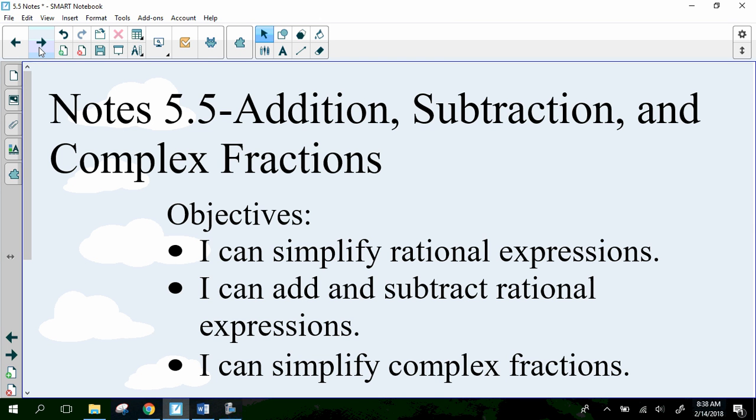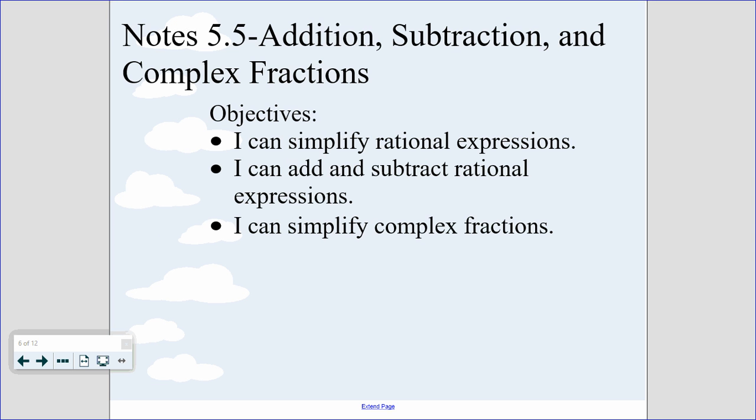Okay. Today we are going to be adding and subtracting fractions, and we're also going to look at some complex fractions as well. So, when you add and subtract a fraction, okay, so let's see, if I did like 1/2 and